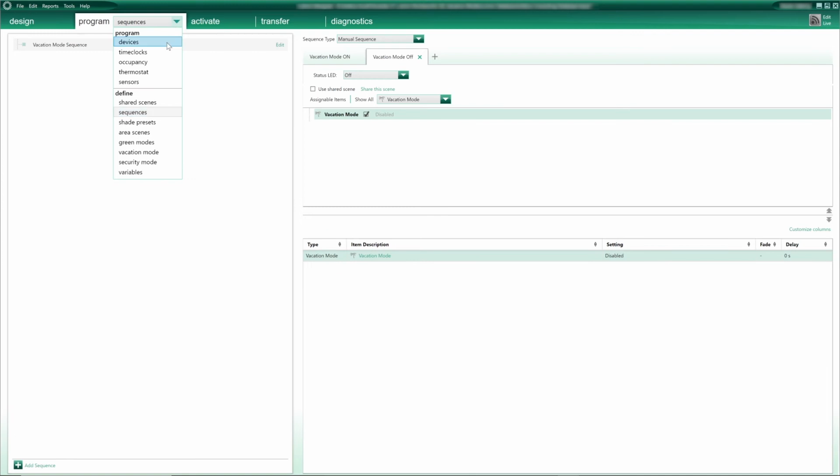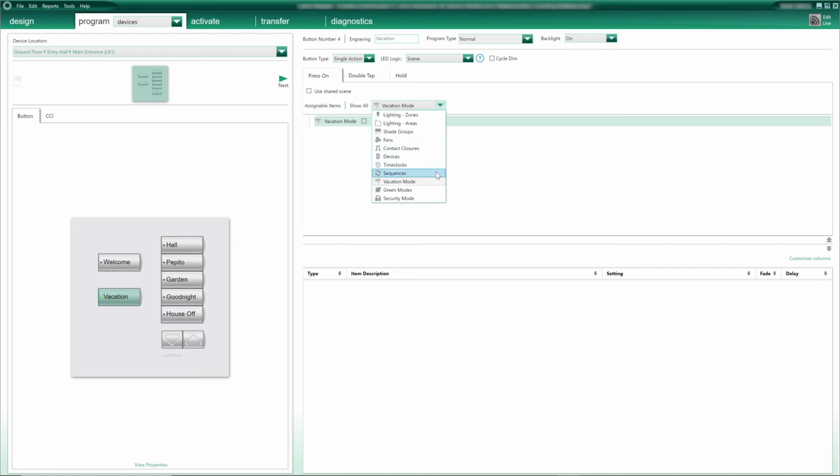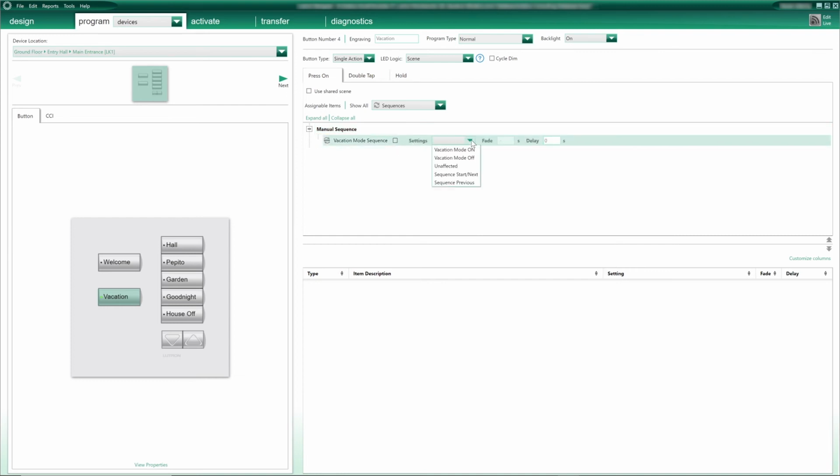to assign that manual sequence into a button. To do so, very easy. I go back to my vacation button, clear all previous programming, change the button type to single action, and on the press on tab here, I now go and select sequences. Expand my manual sequences to find my vacation mode sequence here. And I will set it up to sequence start next.